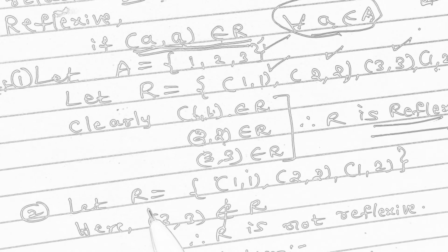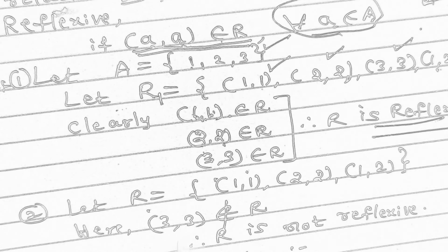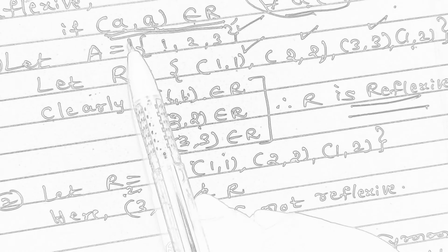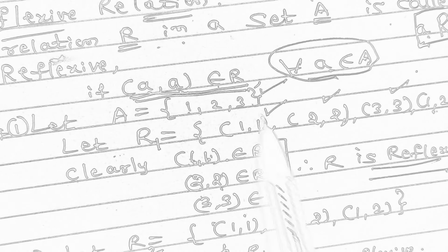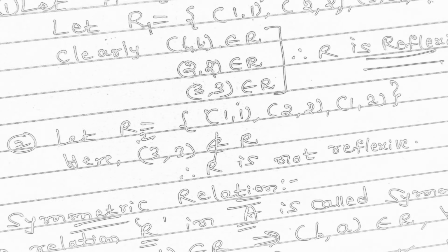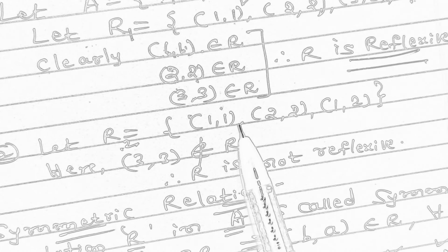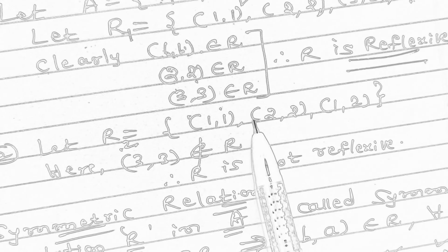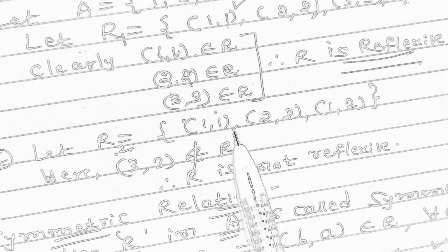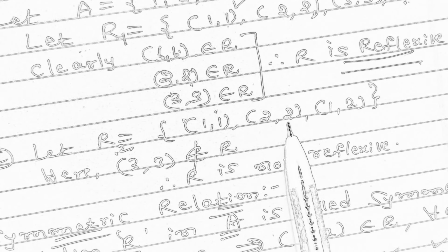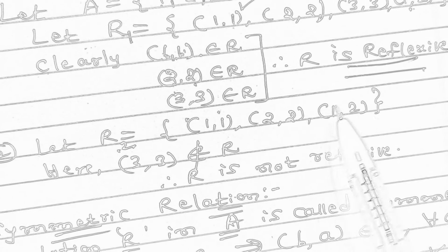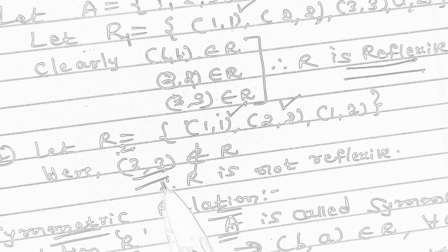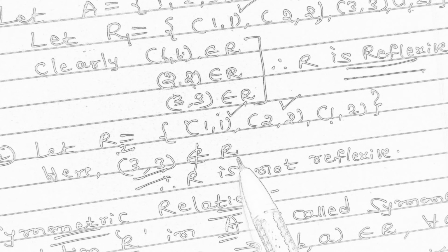So let us consider another relation here. Say this is R1, first relation. So I considered here second relation R2 for the same set, of course, that is {1, 2, 3}. So here my second relation is, you can take any pair you want, not only what I am showing in the video, just for understanding purpose I am saying here. So I have considered 3 pairs here: (1, 1), (2, 2), (1, 2). So observe clearly (1, 1) is there, (2, 2) is there, but (3, 3) is missing here. (3, 3) does not belong to R.